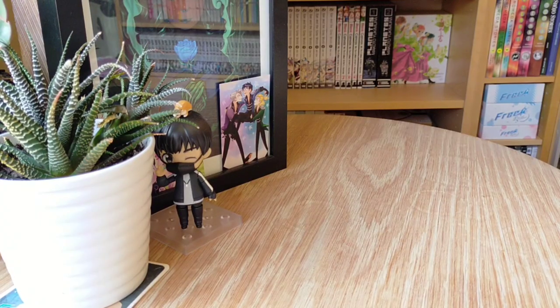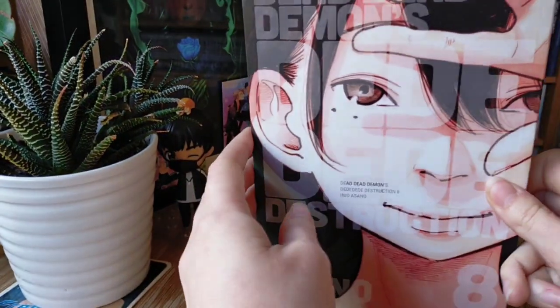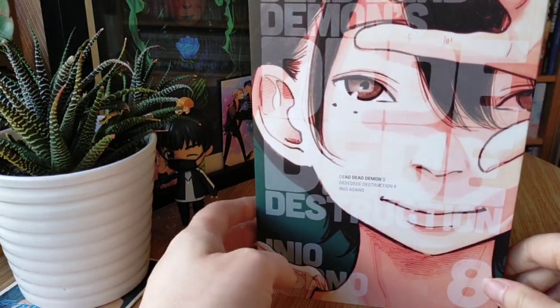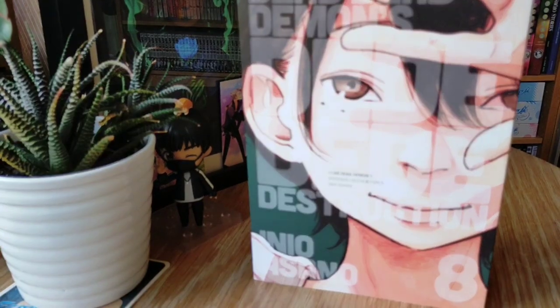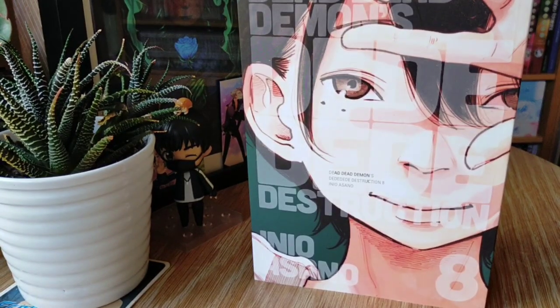Okay, now we have another Viz title. This is the most recent volume of Dead Dead Demons Dededede Destruction by Inio Asano. This is personally my favorite of Asano's work. I know that may be a little bit controversial of a statement, but I find it a perfect balance of Asano's nihilism with less of the depressed dourness of his